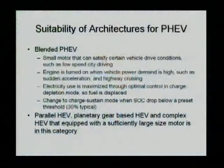So in that case, when your vehicle approaches high speed or when you need certain accelerations, your engine will normally start. But once you get to a cruising speed which is below the threshold speed, your vehicle engine will be turned off. So you're going to maximize the SOC use, maximize the energy use from the battery. Once the battery SOC drops to a certain limit, for example 30%, you're going to turn this vehicle into a